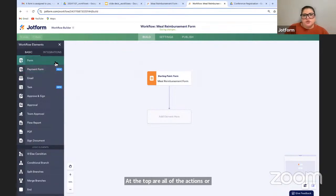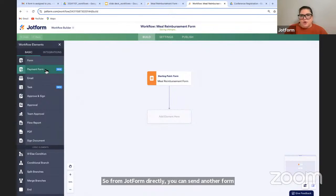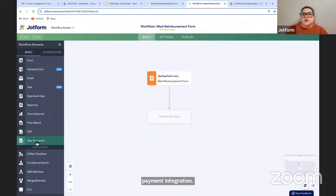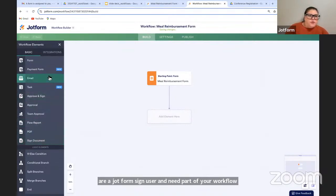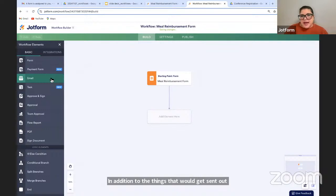So from Jotform directly, you can send another form or a payment form. So that would be any form that has a payment integration. You can also send a Jotform Sign document. So if you are a Jotform Sign user and need part of your workflow to include sending a sign document as a follow-up, you can do that as well. In addition to the things that would get sent out from Jotform, you can also send emails as a result,